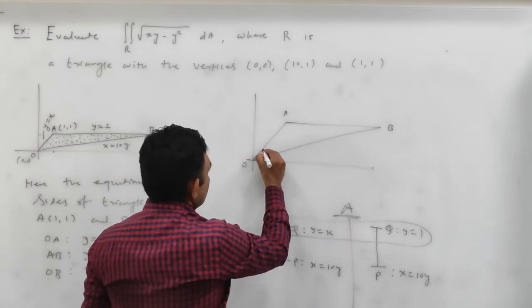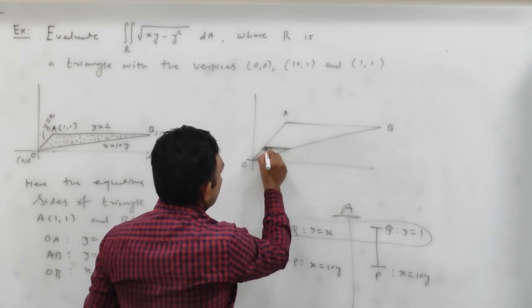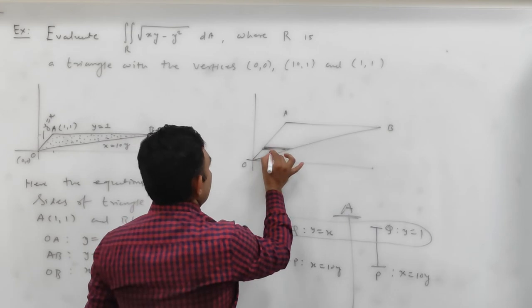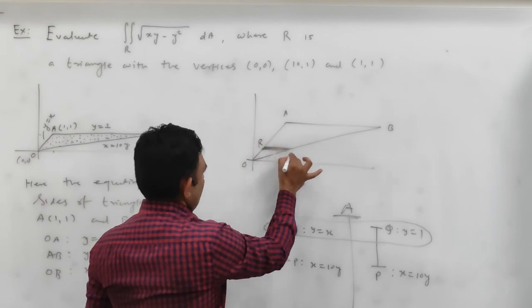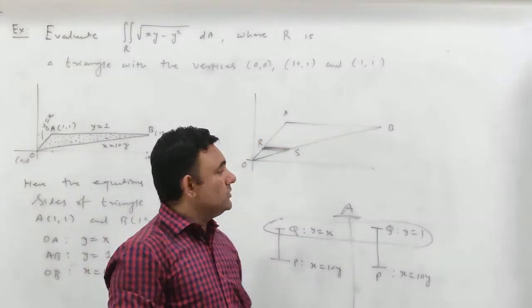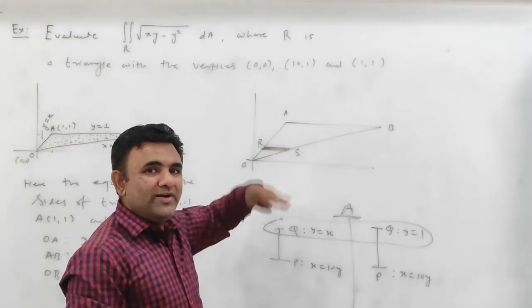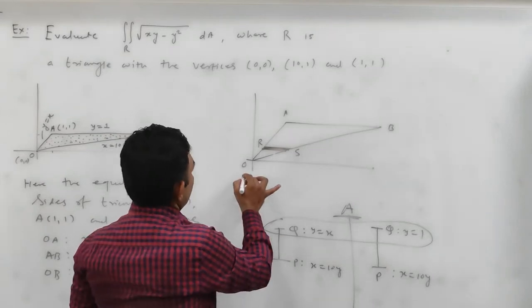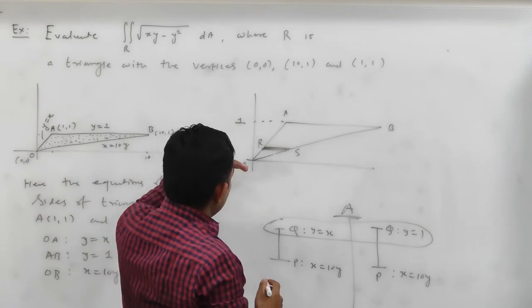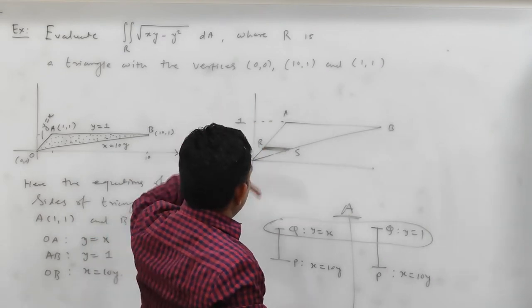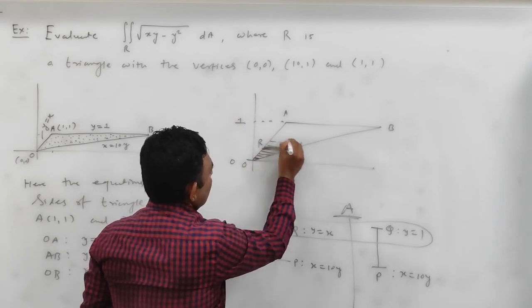So if I consider this horizontal strip, let me give the name of this strip RS. We say RS because PQ I have already used. So now I have considered a horizontal strip, so I have to move it vertically. From where to where do I move it? From 0 up to this point, and that point is what? It is 1. So whenever I move it vertically, the strip will be like this, like this, like this, and so on.